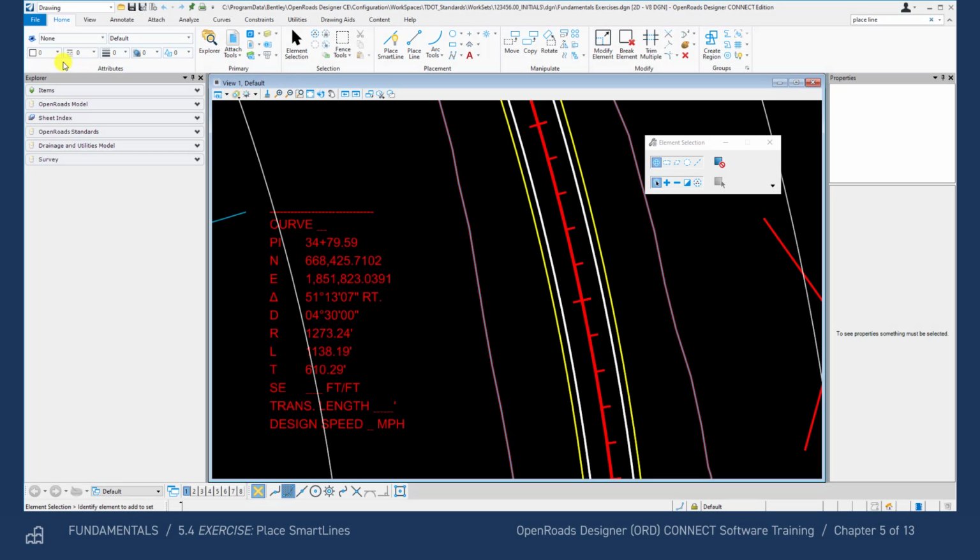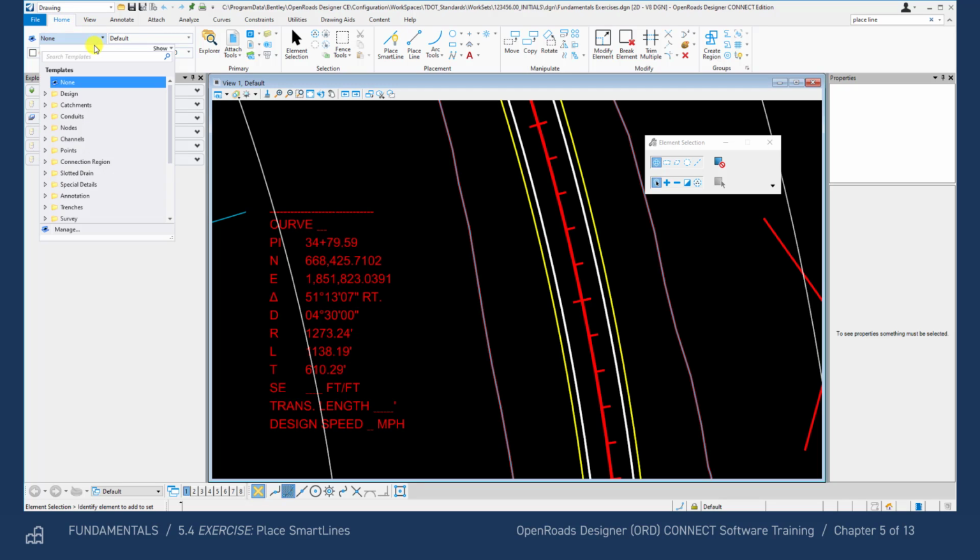We are now going to place 2D MicroStation smart lines. The process is essentially the same as in SS2, other than the fact that we will first select the applicable element template. Make sure you have the Home tab activated and click on the Element Template drop-down arrow and select